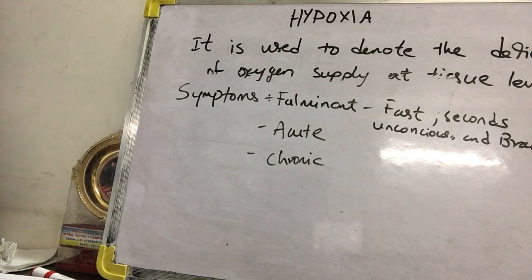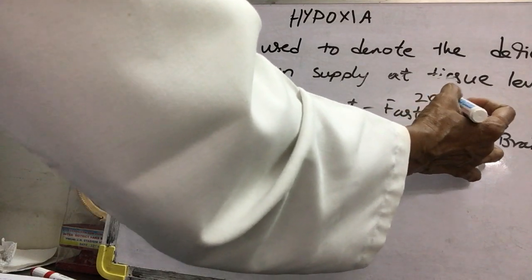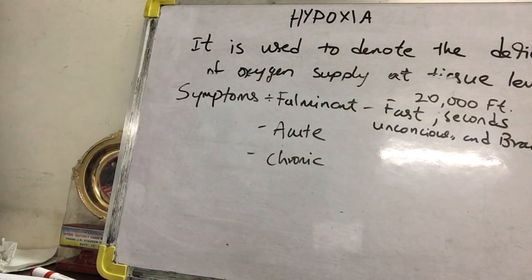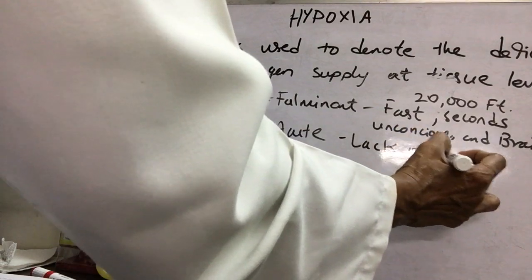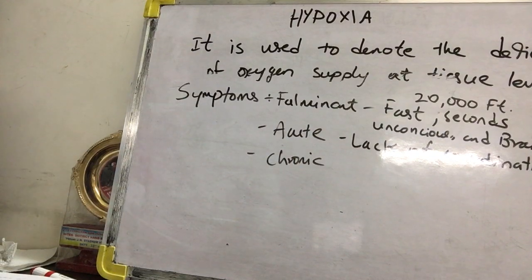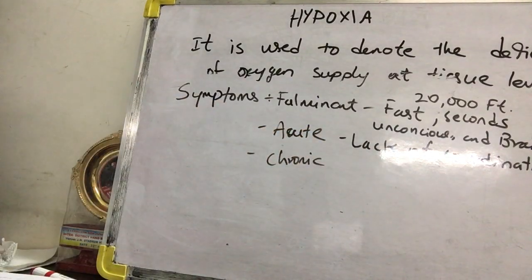And acute type. These fulminant symptoms can be seen at an altitude of 20,000 feet. And acute, this will not occur very fast, it will give us some time, and the symptoms being lack of coordination. These are not life-threatening symptoms. In acute, the symptoms are mild, they can be treated and the patient will give us some time